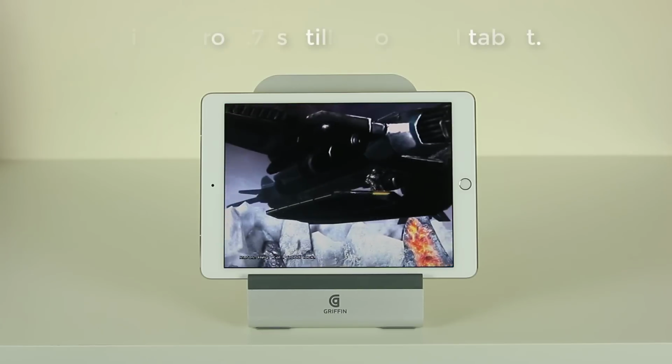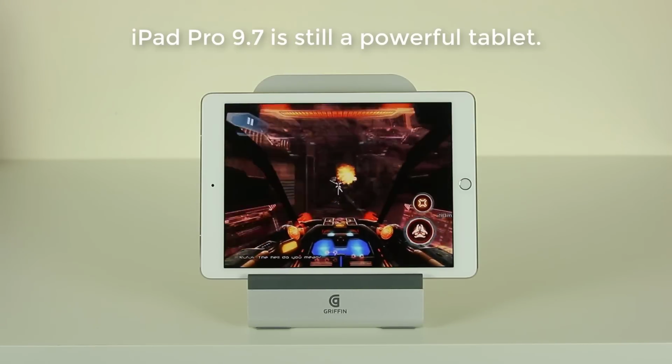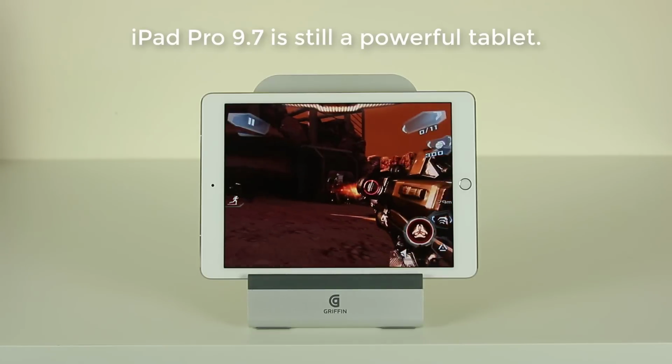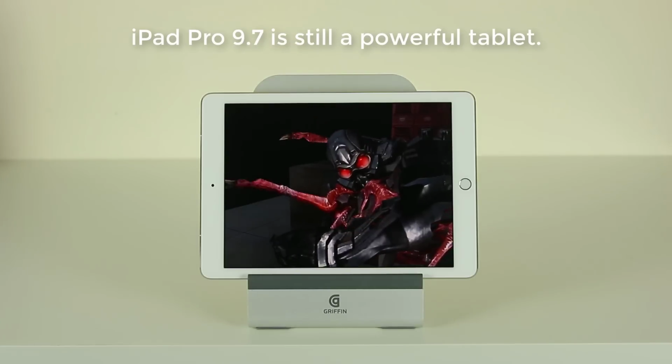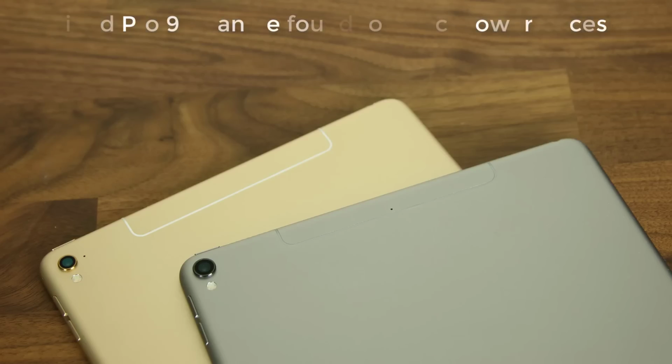Now, it is clear that we have some upgrades, but it is essential to point out that the iPad Pro 9.7-inch model is still a powerhouse. It can still run just about everything you throw at it. If I was an average consumer, I would not upgrade to the iPad Pro 10.5-inch model. I would keep the iPad Pro 9.7, and if I was someone considering buying an iPad Pro